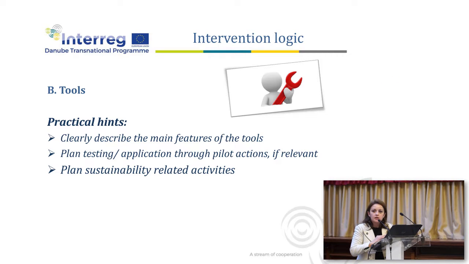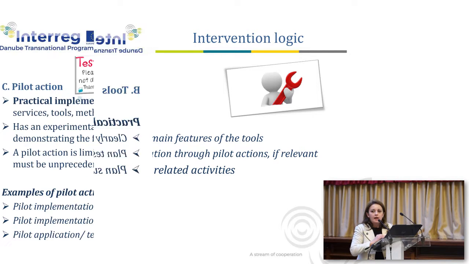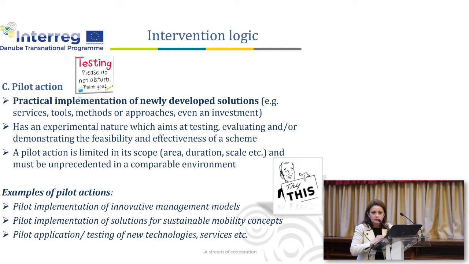You have some hints in the application form. You have to clearly describe the main features of the tool, because as you have seen, for each work package you can define outputs and you have to describe them. So the main features have to be described, and avoid generic descriptions that are not telling us what the tool is that you are planning to develop. You have to plan or test the applicability in practice of the tool if it is the case, and plan the sustainability-related activities. And the fourth type of output that we have defined are pilot